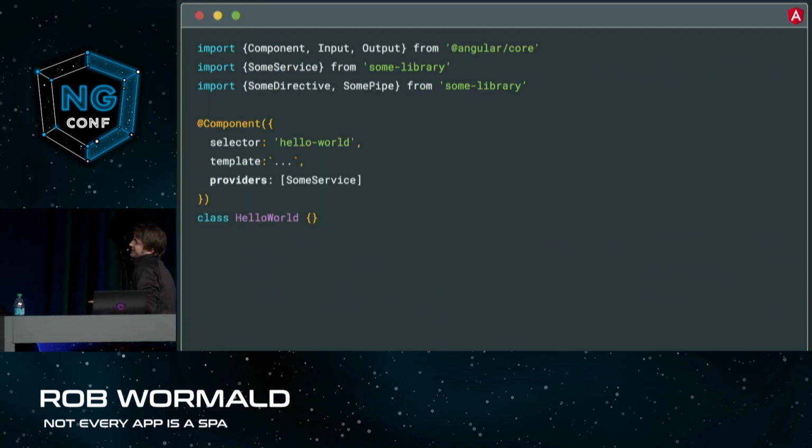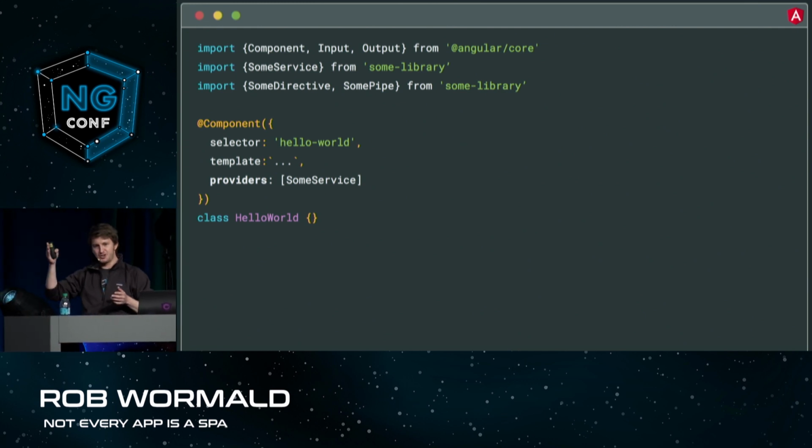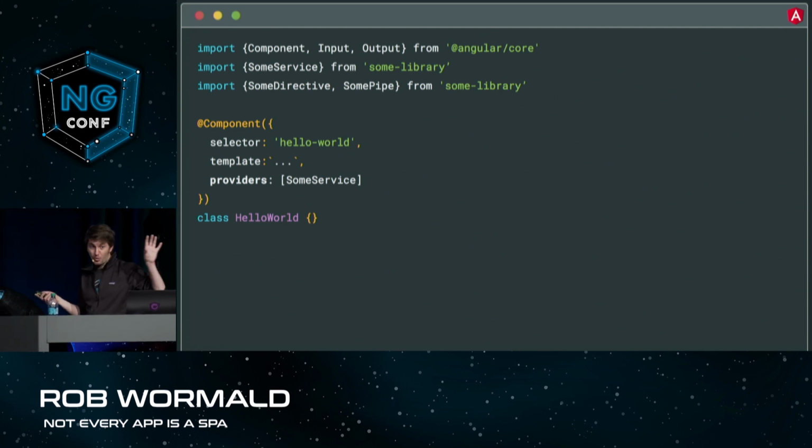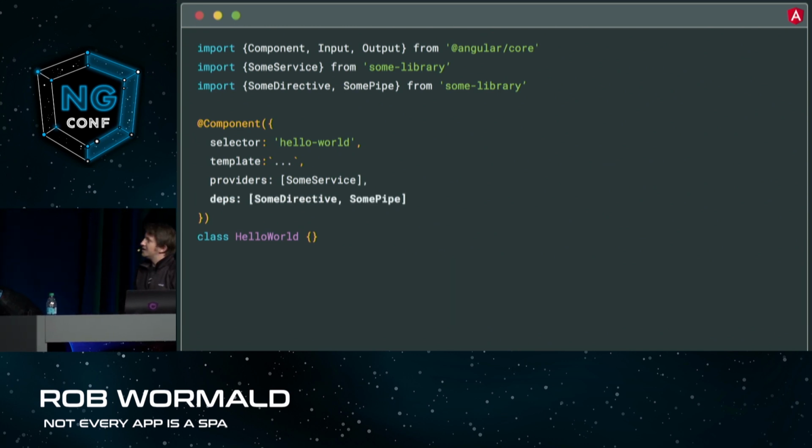So how do we do this? Well, we already do this with providers, right? Not many people know this. Not many people use this API. But you can provide providers directly to a component, right? And every time that component fires up, you'll get an instance of that provider, that service, and everything kind of works as normal. So what if, and this is a what if, warning you,